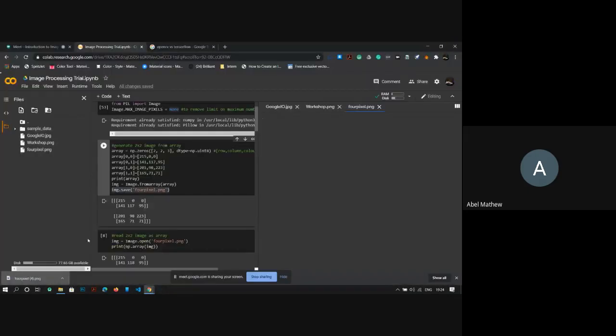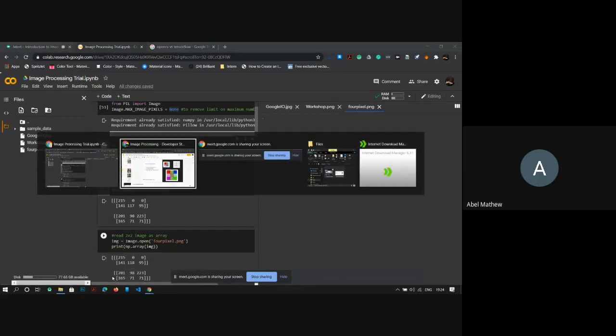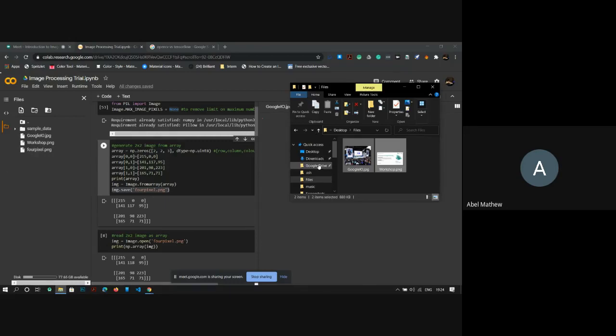Okay, this does not help. I can't zoom it anymore, but this is something that we have created as an image from the 4 pixels that were in an array.